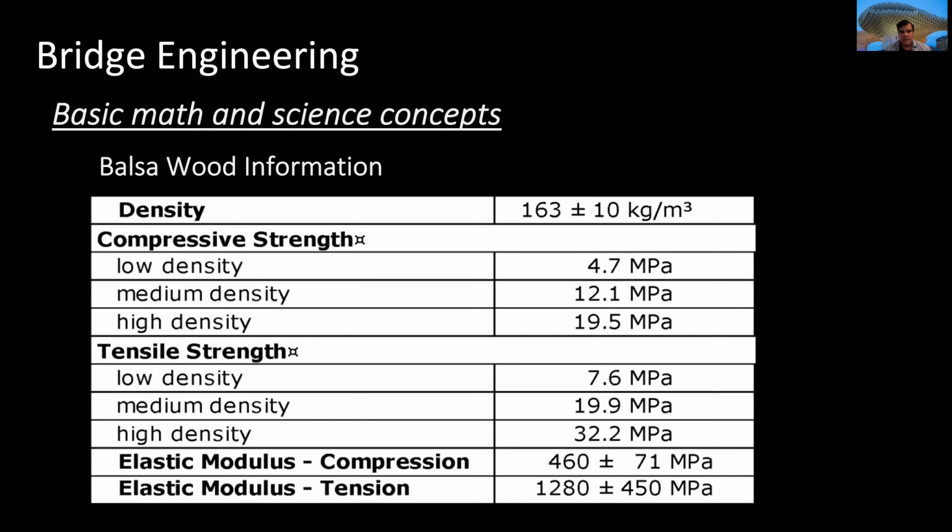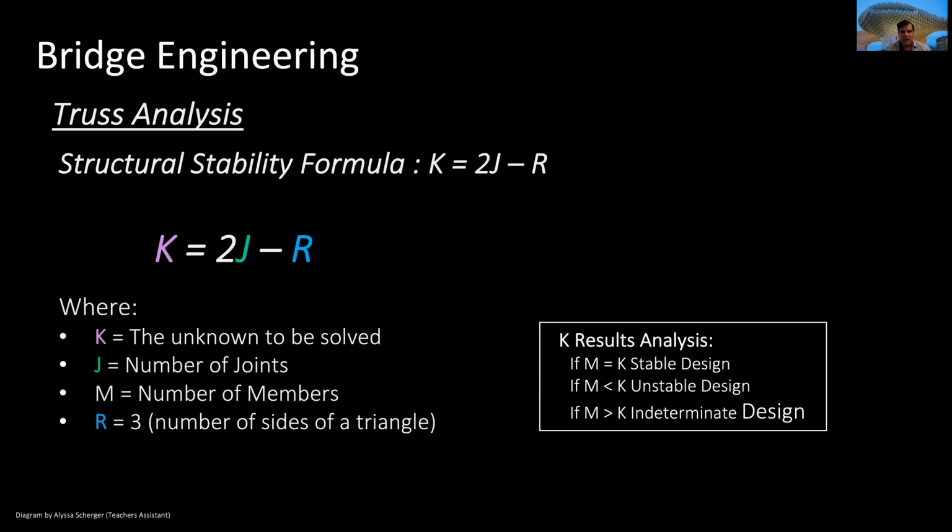And if we speak about basswood information, for example, because we will do later on a bridge in balsa wood, like a truss, you can look at the different types of strain and tensile strength that this material can have. When we speak about bridges, we will need to do a truss analysis. This truss analysis is not part of today's class, but there is a formula that we will study later on